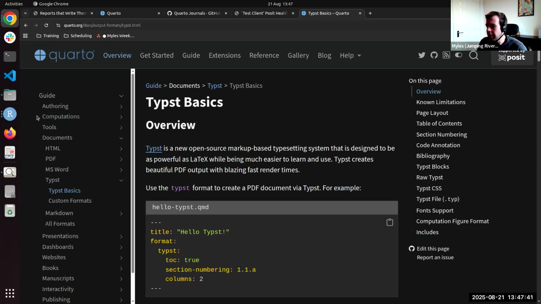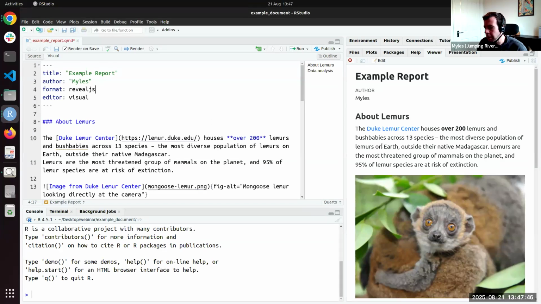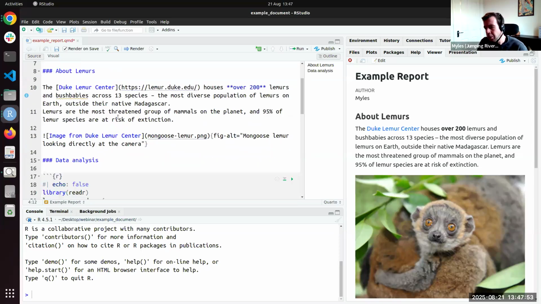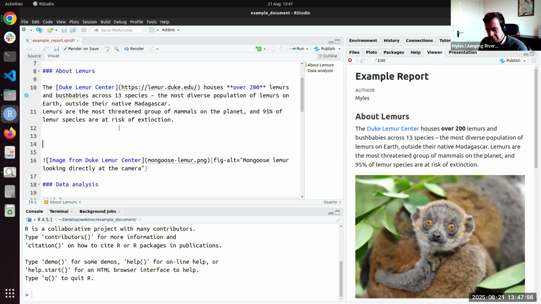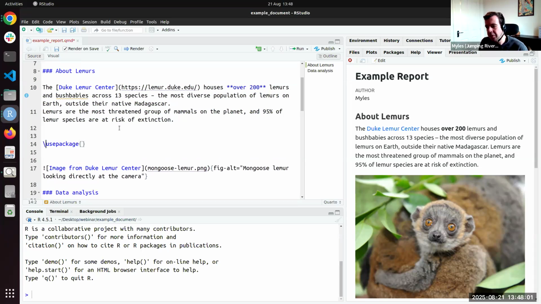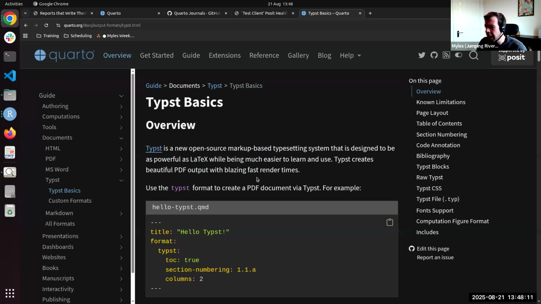So yeah, I should mention as well, when you're creating a PDF from Quarto, you can have PDF specified as the format here, and you can insert your Markdown text. You can also insert raw LaTeX text if you want as well. So you can actually insert raw LaTeX inside the document, and that will all be run as expected. So you can mix together raw LaTeX code with Markdown code, and I think it's a similar story for Typst as well. So that may well be worth looking into if you are interested in PDF reports. This is like an alternative to LaTeX for this.